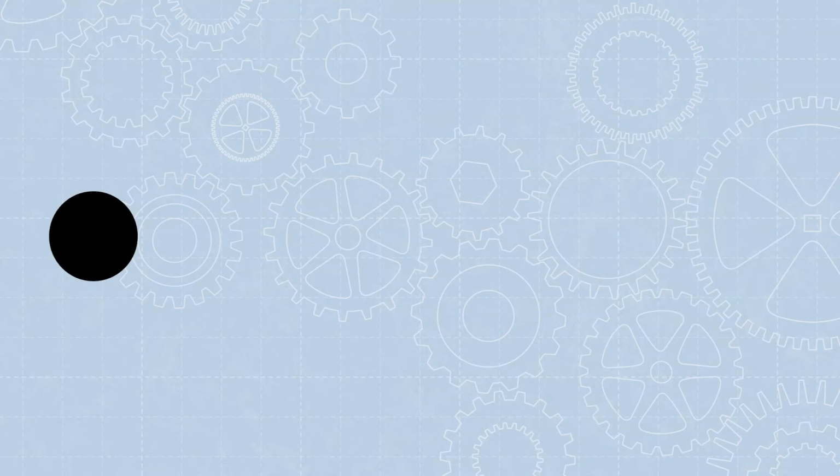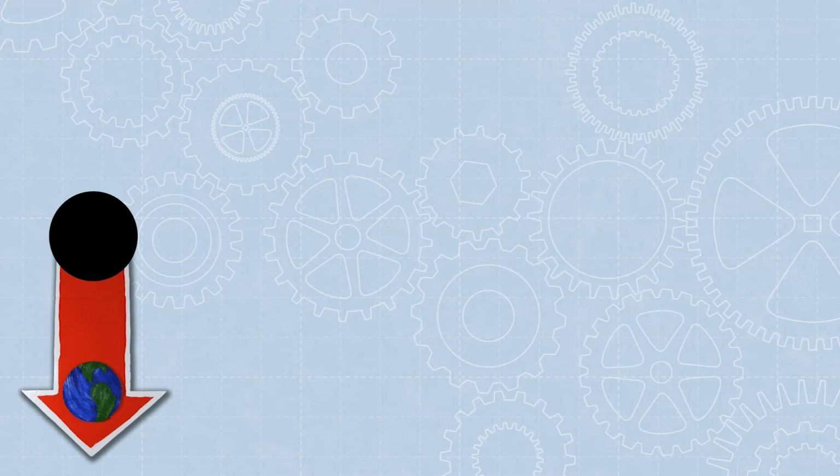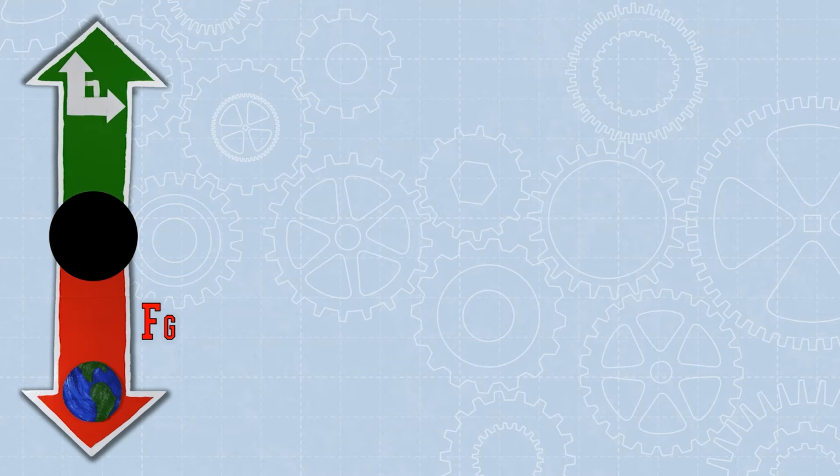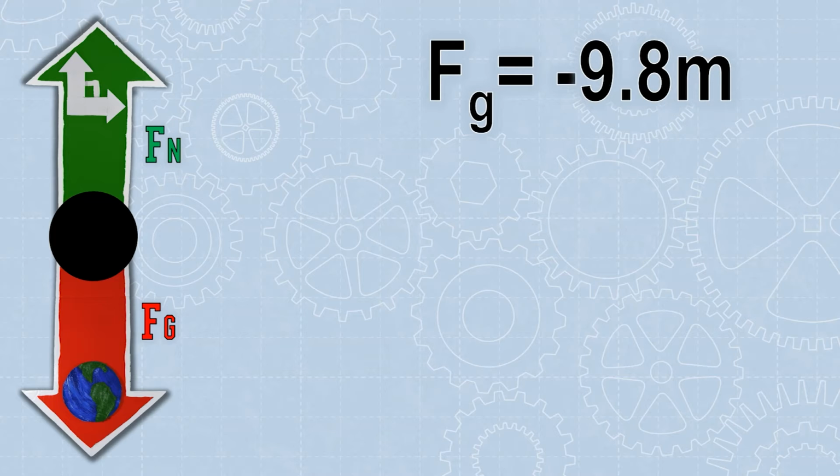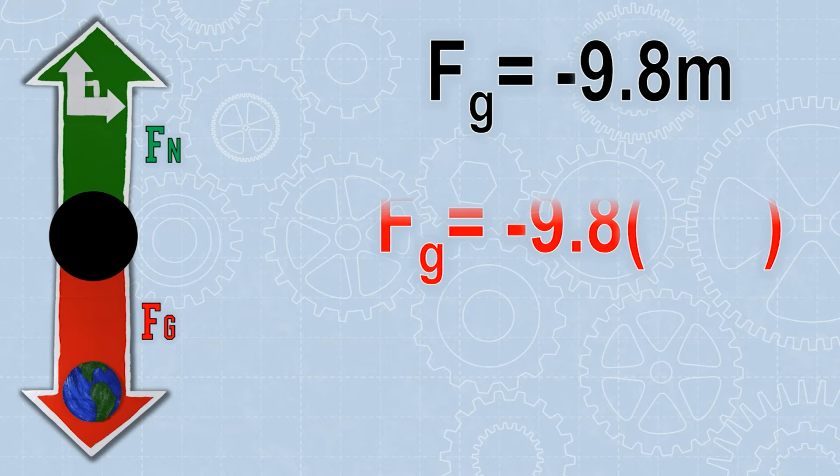Using forces helps us explore the dynamics or the why of an object's motion. Why is this object sitting still? Because gravity, our gravitational force, is pulling down, and a normal force, the surface, is pushing up. That's what keeps it in position. We can calculate this. We can quantify it using our formula. We know the acceleration here on Earth is negative 9.8. We multiply that by our mass, and it'll give us our gravitational force.